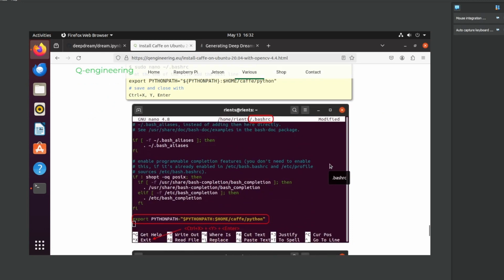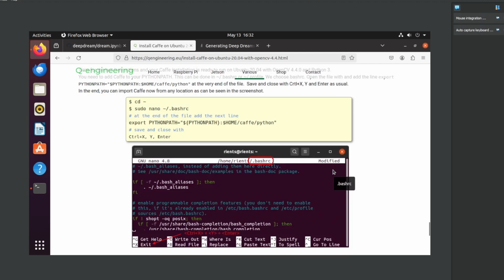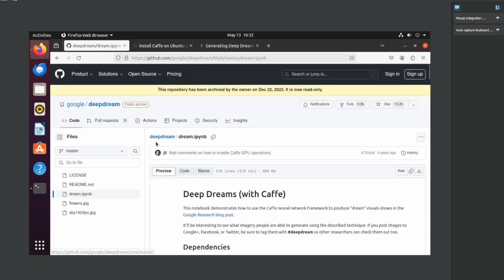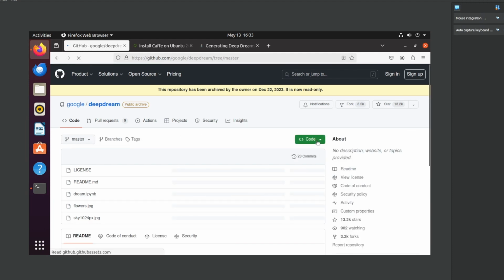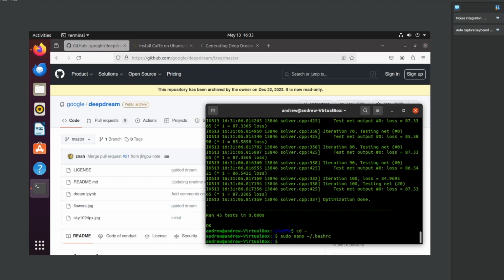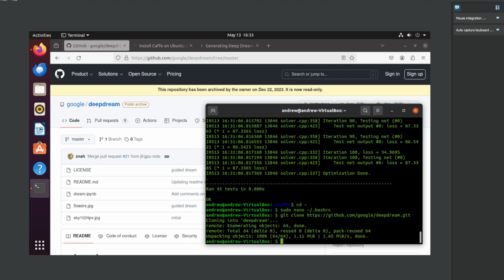So basically all we need to do now, well, there's still a lot of things we need to do, but our next step is actually we're gonna get the Deepdream repository. So copy this and then we'll git clone and paste in our address. Cool. So